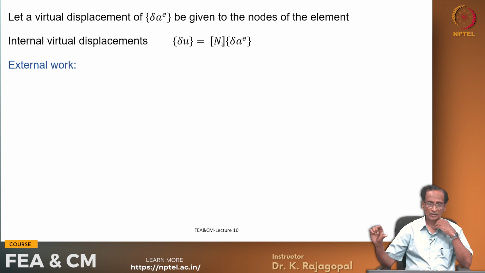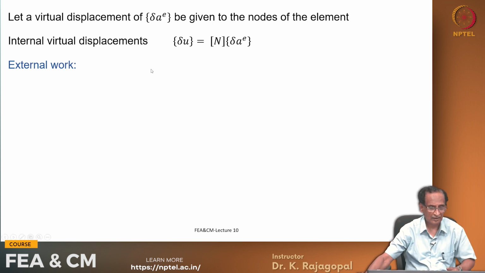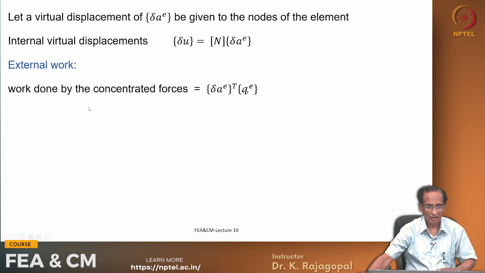The number of rows in the shape function matrix is equal to the number of degrees of freedom, then the number of columns is equal to the number of degrees of freedom in the element. Okay. So, the external work done, the work done by the concentrated forces is delta A transpose multiplied by QE, that is the work done by the virtual displacements,